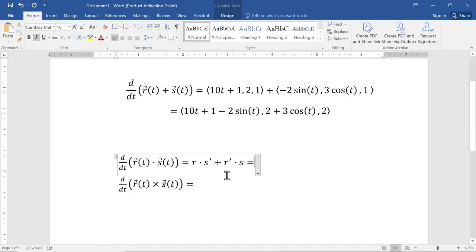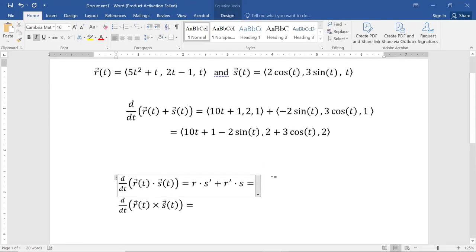Now I know I didn't write the little arrow above the R and the S's, but that's what we're getting. And so if you go and you stick in normal R, that's normal R,